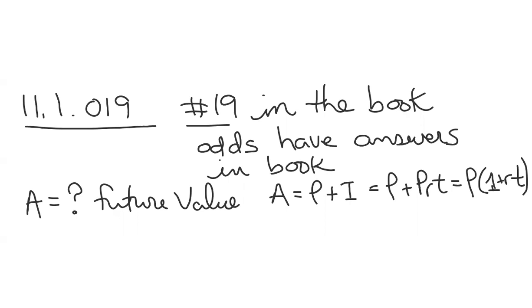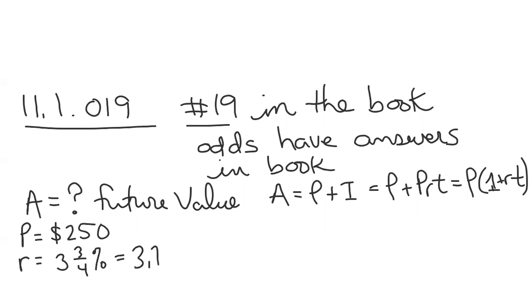So any of these versions of the future value formula and a calculator. So they tell us here that we have a deposit of $250 at a rate of 3 3/4%. That's 3.75%, which in decimal form is